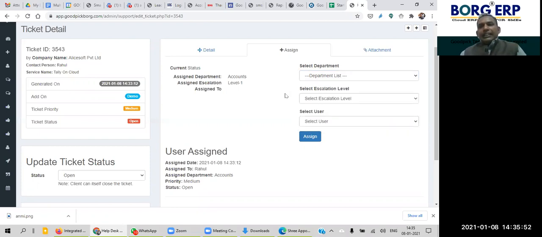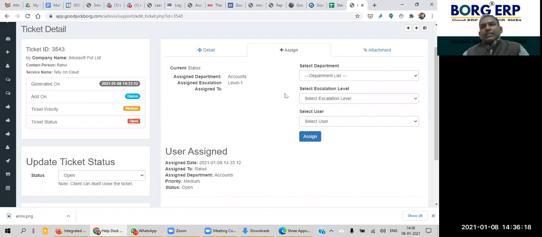There are two dimensions: one is department-wise, which is vertical, and the second is level, for example level 1, level 2, level 3, level 4. There are 4 levels in this organization, and all 4 levels belong to each department, for example accounts or service. We'll take the example of the service department.